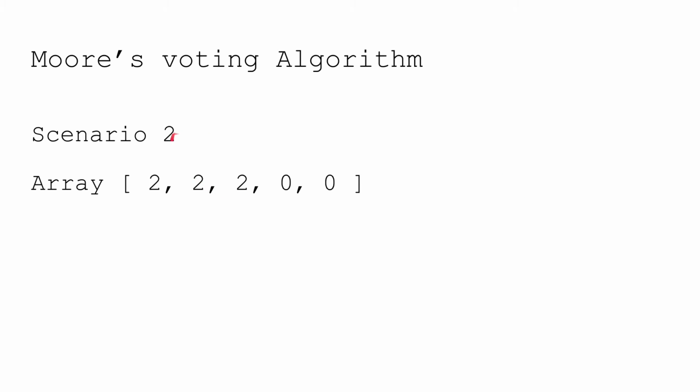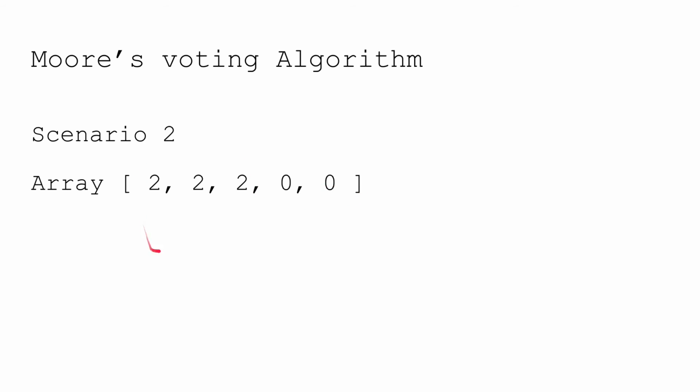And then in the second scenario, where you might have your majority element at the beginning of the array, at this point your counter will be 3, and then after this point you have two other elements which will cancel only 2 occurrences. Still you will be left with 1 occurrence, which will prove that your 2 is a majority element. You can also think of this problem in a way where you know that a majority element's occurrence should be greater than half of the size of the array.